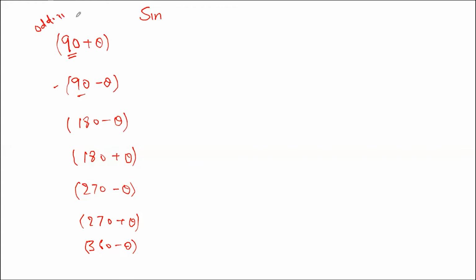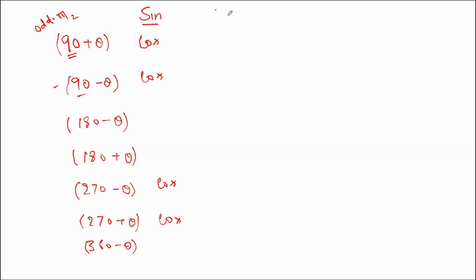For an odd multiple of 90 plus or minus theta, sine will be changed to cos, right? So in all these cases, sine will be changing to cos. If there is a cos,